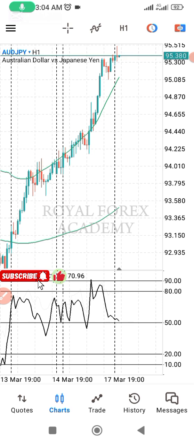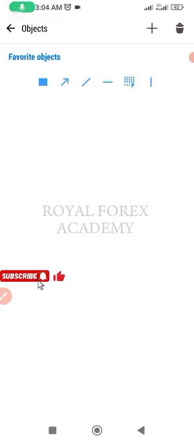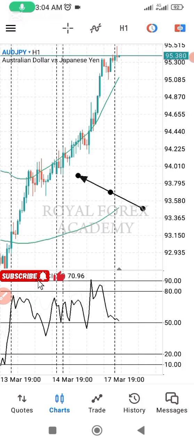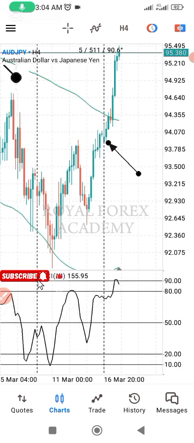The truth is, price can be in a strong bullish movement such as this, and as a trader you are looking for opportunity to find entry. The question is, what can you do when you come across this particular price scenario? So in this video I'll be sharing with you how you can find entry in a strong bullish or bearish market situation. Looking at this, price has been in a strong bullish move, so it becomes a challenge for you